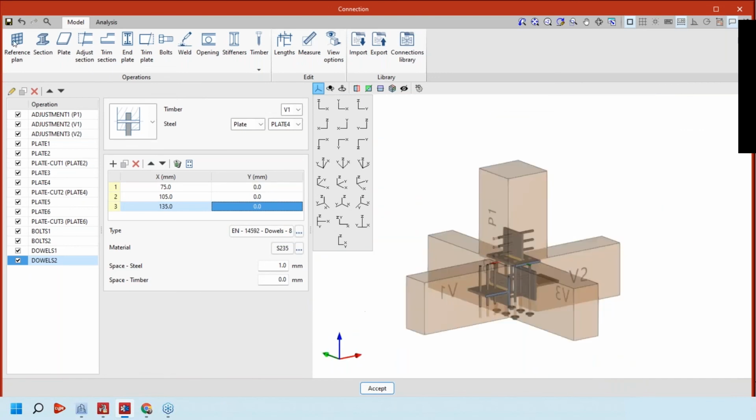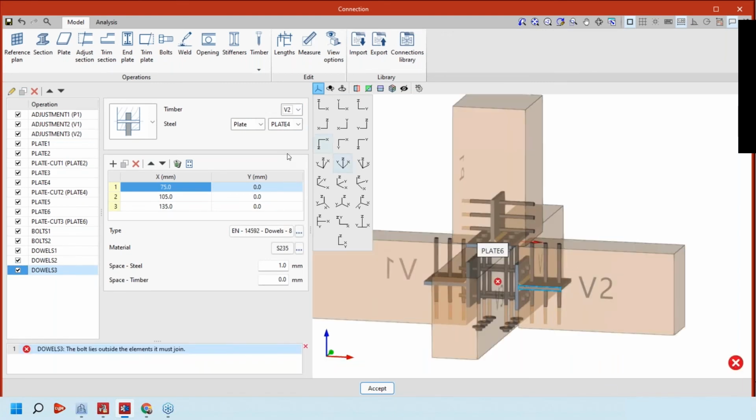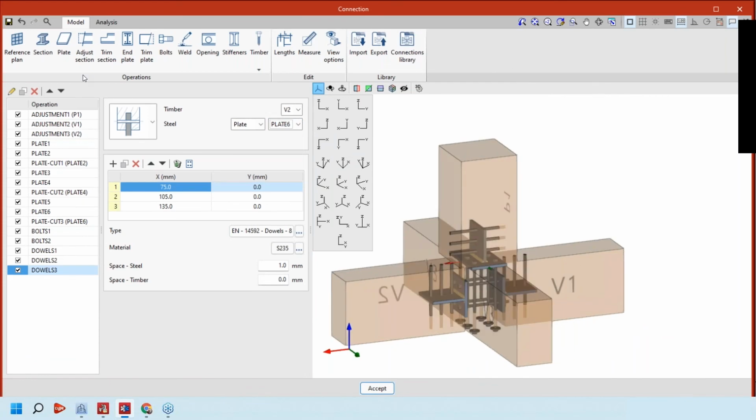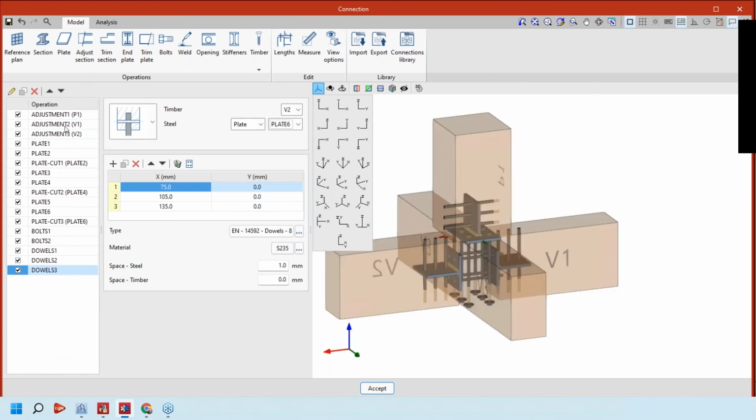We can save it and duplicate the dollars 2 to create the dollars 3 operation. And then we have the V2 to the plate 6. Okay, and yeah, it's done. Here we have the dollars in their position. With those operations, we created 1, 2, 3, 4, 5, 6, 7, 8, 9, 10, 11, 12, 13, 14, 15, 16, 17 operations to connect this